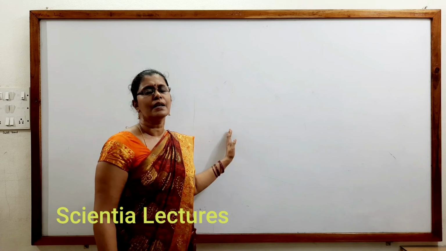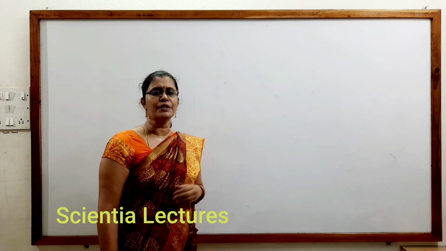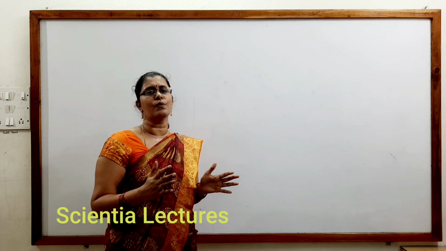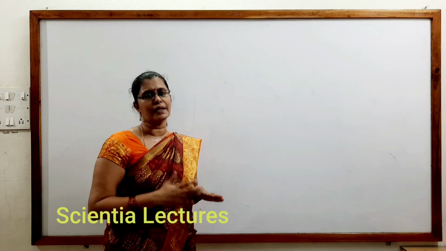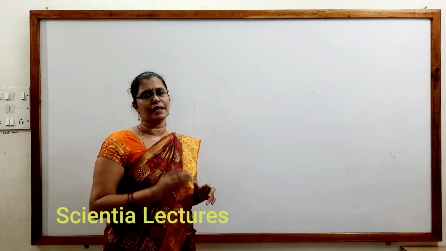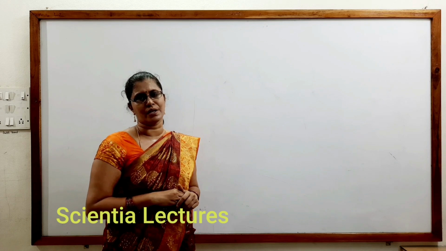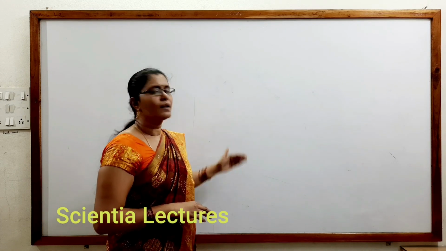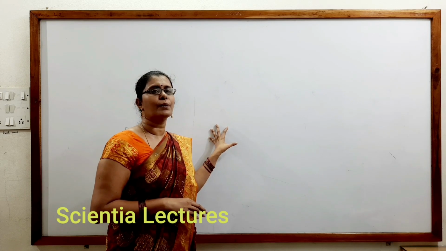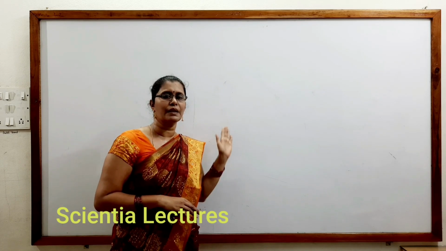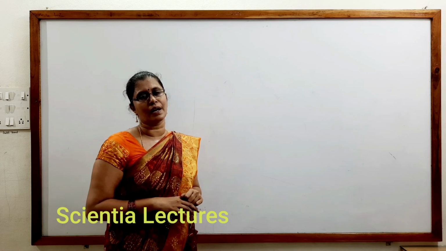Now next is the graphical method. By seeing the graph you can identify which order reaction it is. All the graphical ways of zero order reactions, which all were the graphs of it, you have to understand. In the next module we will discuss second order, third order and all the graphs related to all order reactions. So thoroughly understand the subject. If you check one by one, this is very important for the problems in competitive exams. Remember that these three methods are very important for your competitive examination kind of problems.